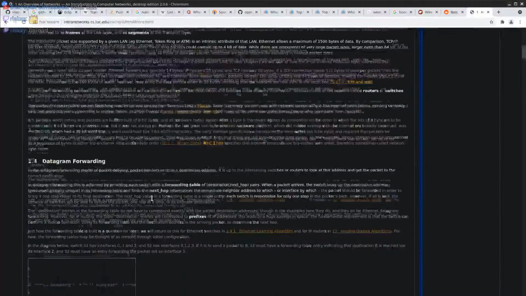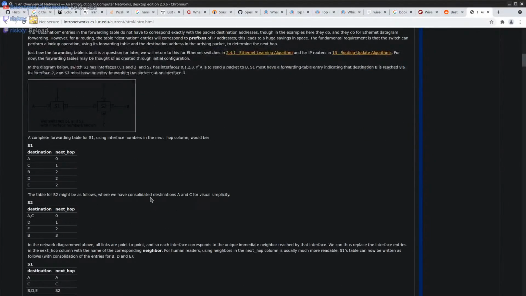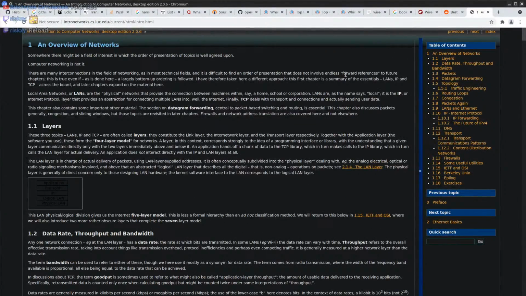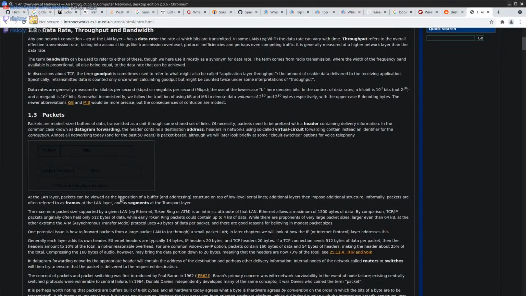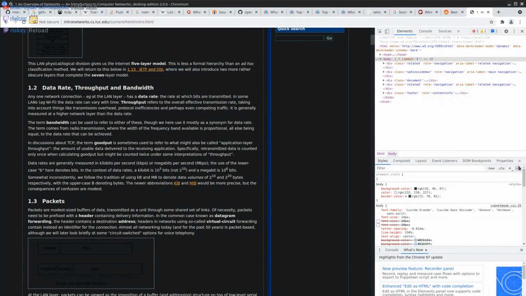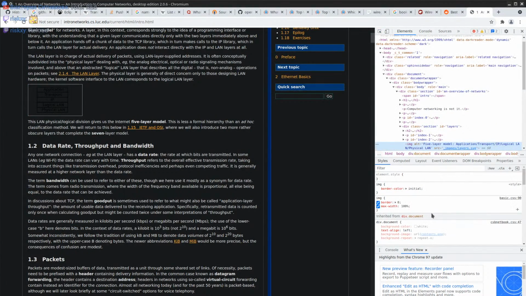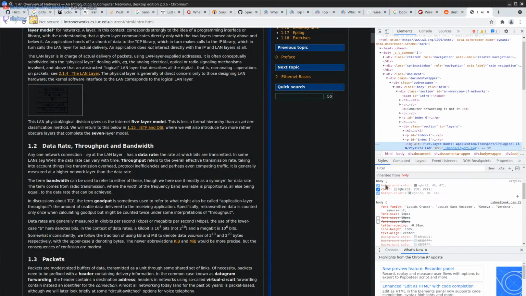Kinda sucks. This one, kinda like having black background. Change background of this element. Border color. Background.